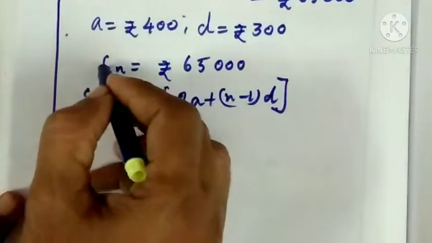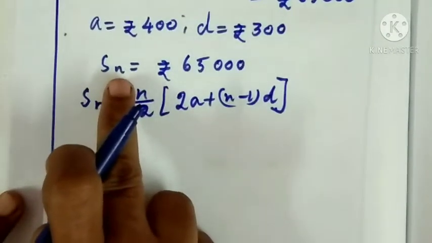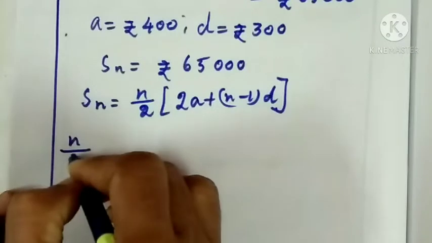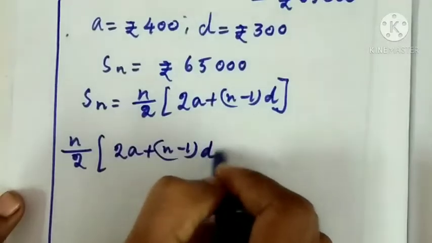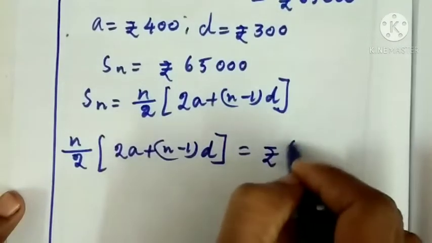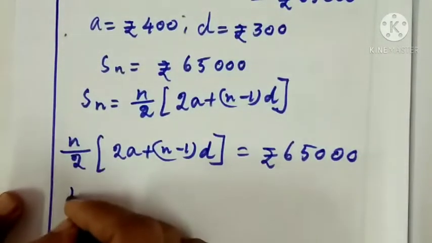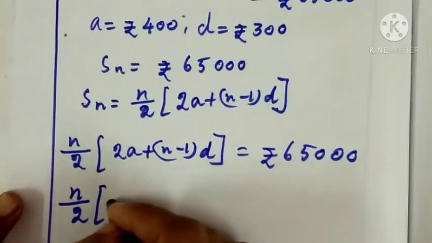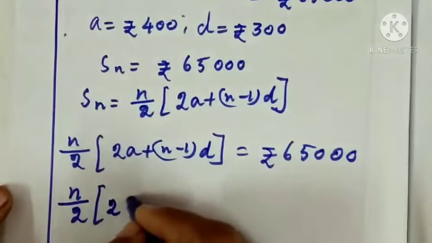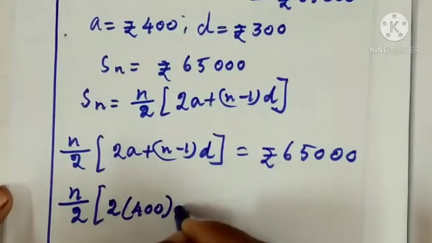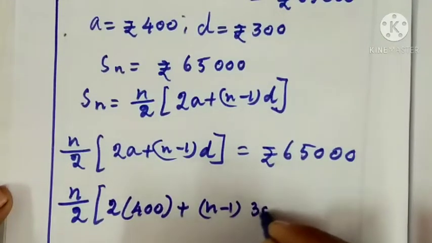Here we have to find the value of n. That is, n by 2 into 2a plus n minus 1 into d is equal to rupees 65,000. Here n we need to find, so n by 2, 2 into a, here a is 400 plus n minus 1 into d, is plus 300